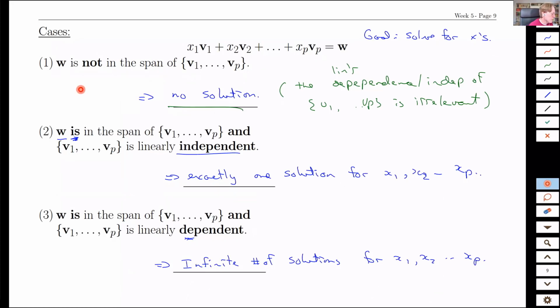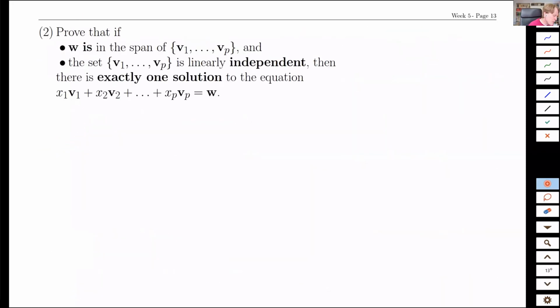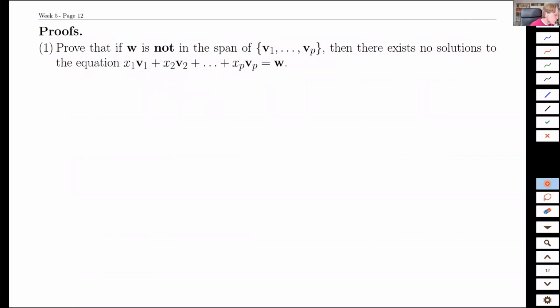All right, so we are literally going to go through these three things, and we're going to prove each one of them one after the other. So we're going to do the easy one first, which is prove that if W is not in the span of our vectors, then there is no solution. Okay. Well, this is by definition, because the span